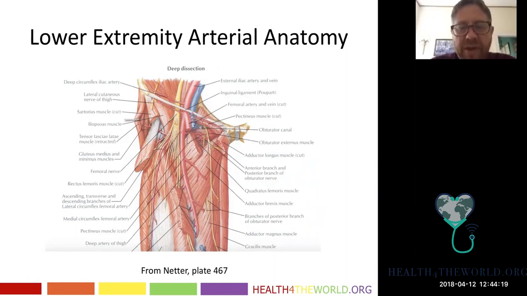So the external iliac artery is going to come down. It's going to go under the inguinal ligament. This is also called the ilioinguinal ligament. Here it is right here. When it crosses under there, it changes its name to the common femoral artery, which is this short segment, which is the segment that we puncture for arteriography, most commonly. We also use the radial artery and other branches, but we certainly use this the most common